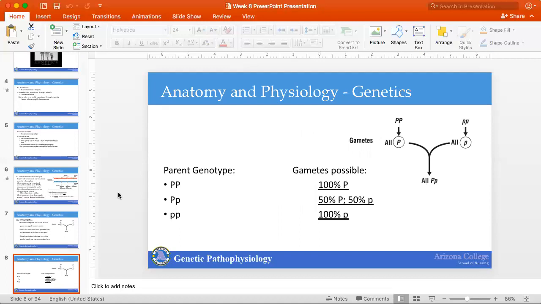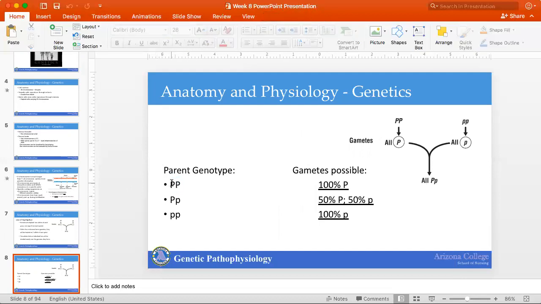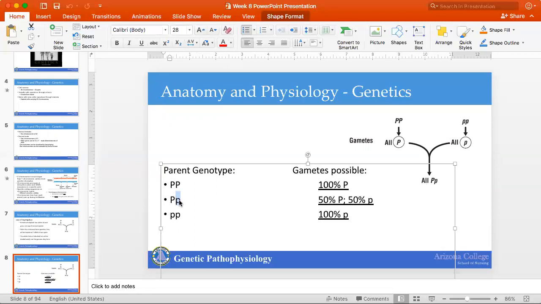Here we're looking at some genotype. So if you remember, a genotype is a characteristic being represented by either a capital or a lowercase letter, which is showing a specific trait. So let's say, again, we'll just keep the example of eye color. And let's say this is showing capital P, and so the parent genotype can either be, let's say, having two capitals means that the dominant eye color is brown, and a lowercase p is the recessive and more rare type